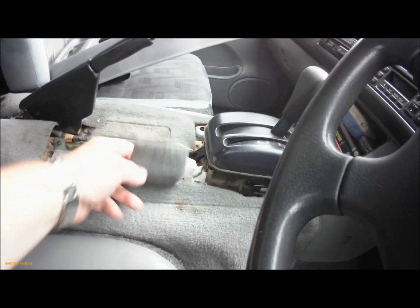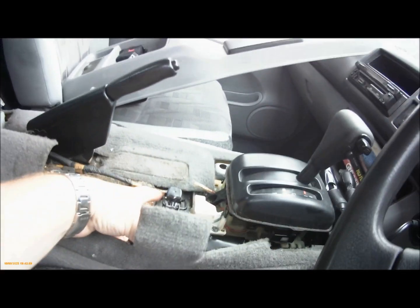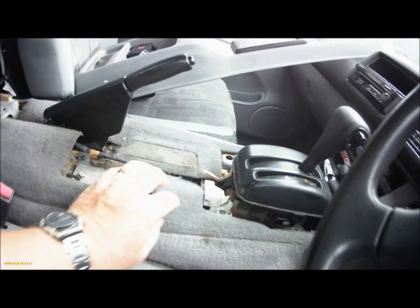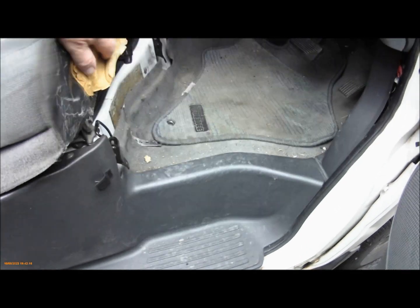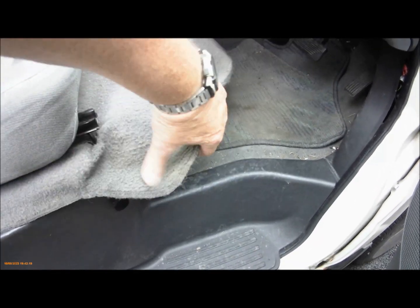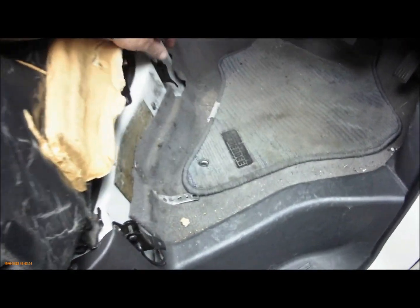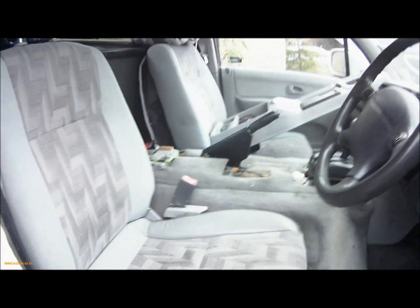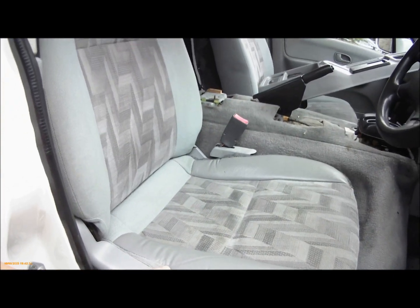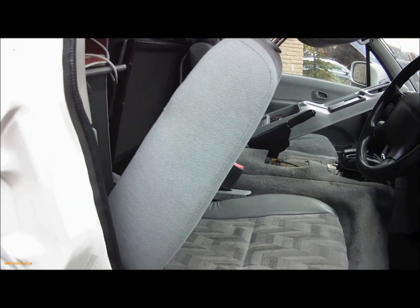That exposes the first clip for the driver's seat. So unclip that, and then the front of the driver's seat, lift the carpeting up, and there's two more clips, one there, one on the other side. Now you can drop the driver's seat forward, or the back of the driver's seat forward, and then